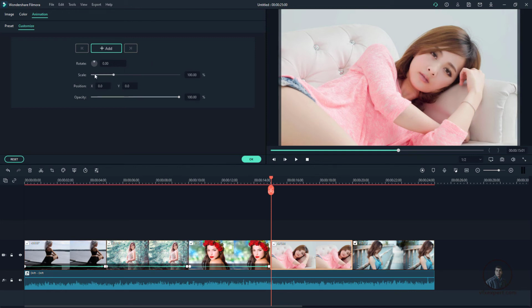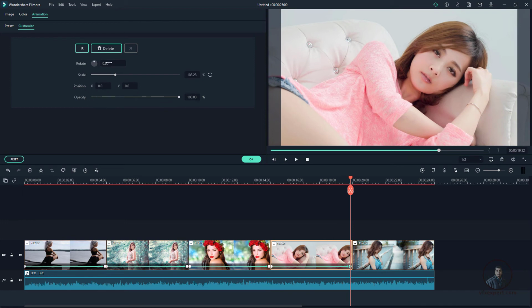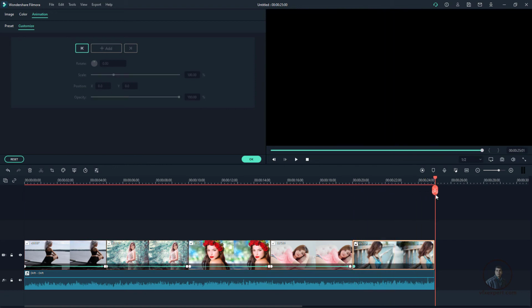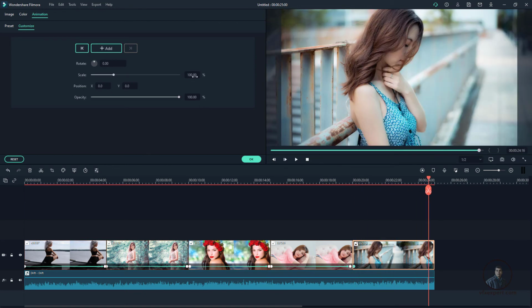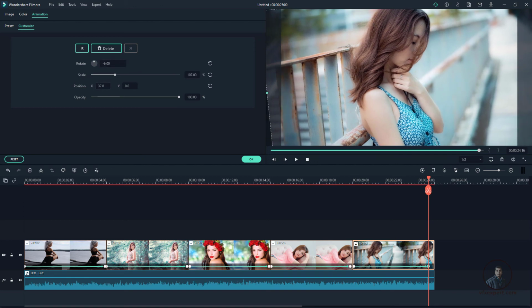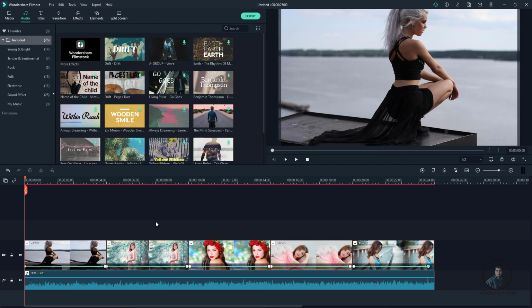I have selected this one, add key, then go to maybe the last frame for these pictures, scale it a little bit, maybe rotate it a little. Just click with the left mouse button and you can adjust its rotation. Now from here also add key, last frame, maybe scale a little, maybe rotation, maybe position. This totally depends on you how you are animating your pictures. Now you can see the animation. Now press finally OK, and check it a little bit.